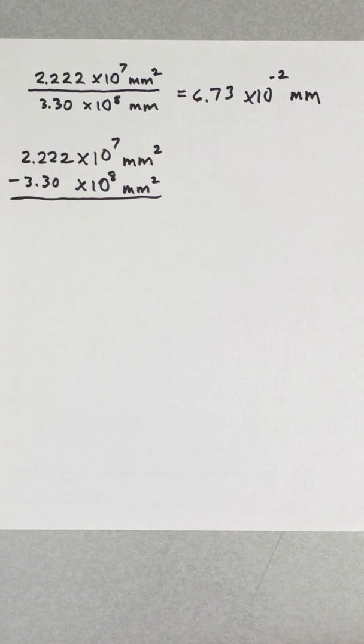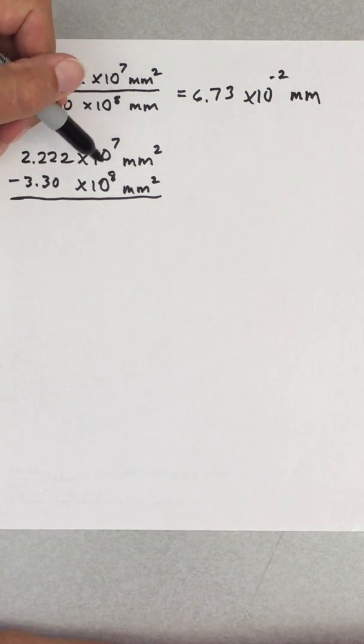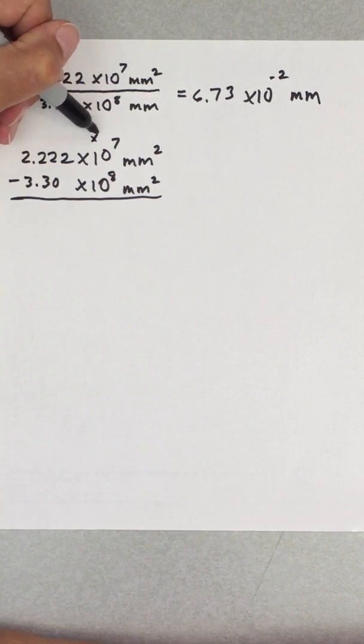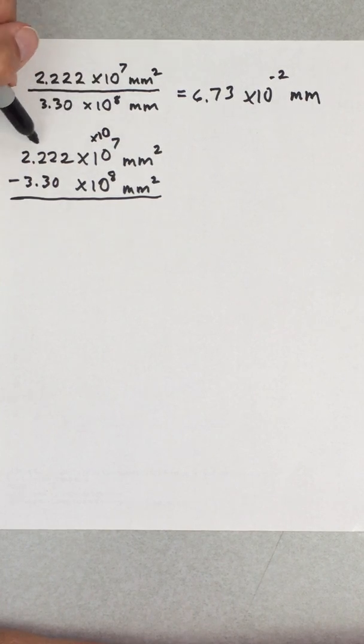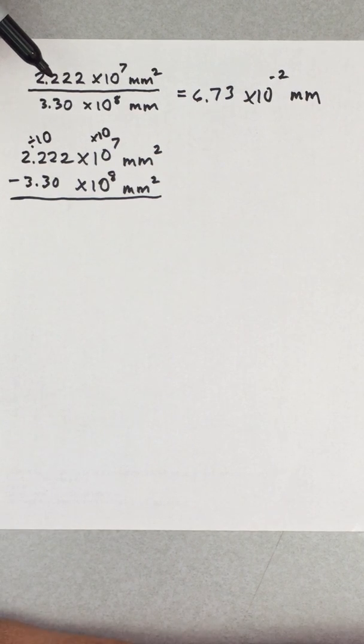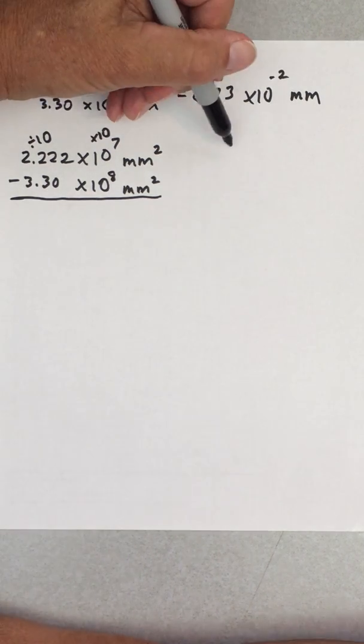So this whole part of the number has to be the same before the decimal places are actually lined up. So in order to make this into 10 to the 8th, I'm going to have to multiply by 10 on this part of the number to make it 10 to the 8th, and then divide by 10 on this part of the number so that I'm not changing the number. I'm dividing by 10 and multiplying by 10, which is the same thing as multiplying by 1. So that gives me